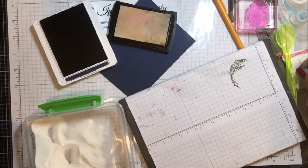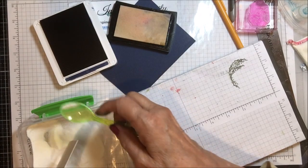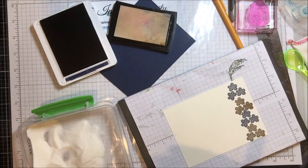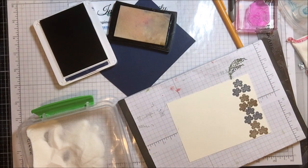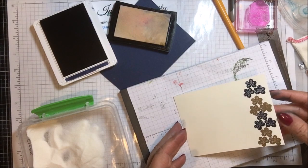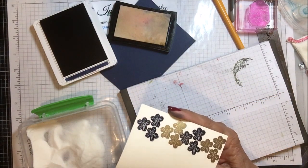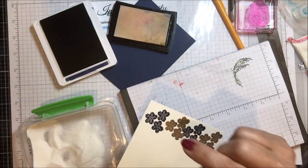And then hurry quick, get that into the clear embossing powder. And there we go. I've got all of my flowers set down. So now I'm going to use my heat gun and I'll be right back. Okay, and there, that is how you get an embossed figure when you don't have embossing color for that particular